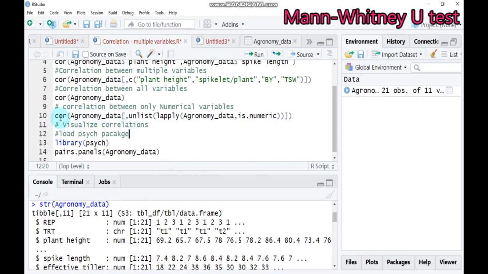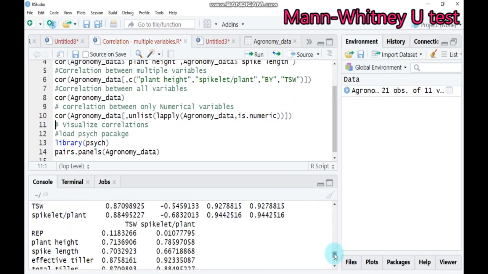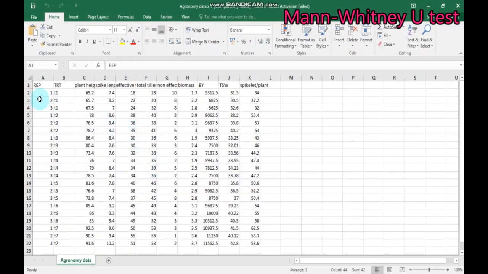To do that, type cor and indicate your data, then unlist, and from this, apply to the agronomy data to correlate only numeric values. Type this and run. It excluded the treatment, as you see here. But the other problem is that it also considers replication. So you have to remove this replication from your data,